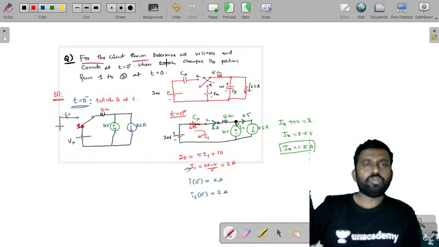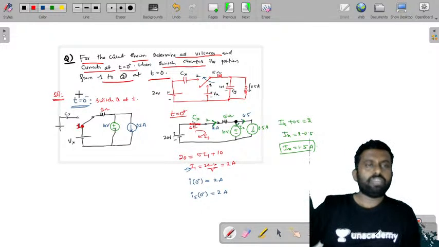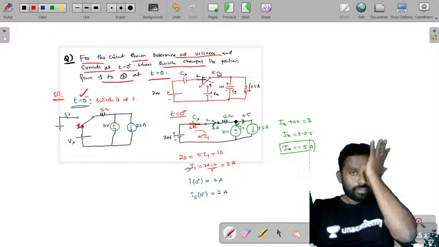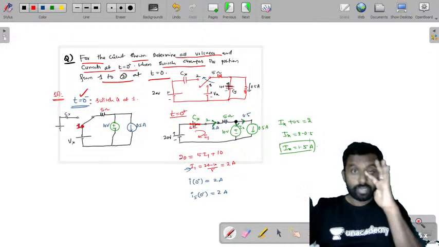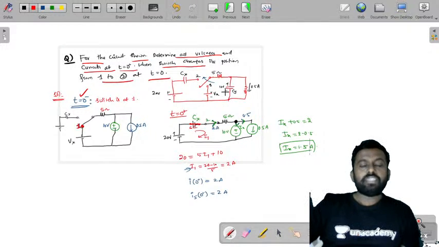We are given a question. For the circuit shown, determine all the voltages and currents at t equal to 0 plus when the switch changes its position from 1 to 2 at t equal to 0. Now at t equal to 0 minus, when the switch has been at position 1 for a very long time, the capacitor is already charged